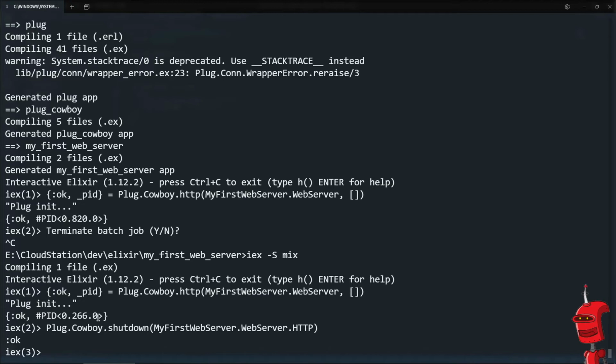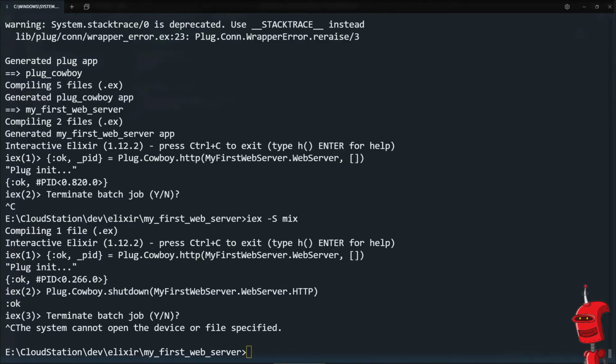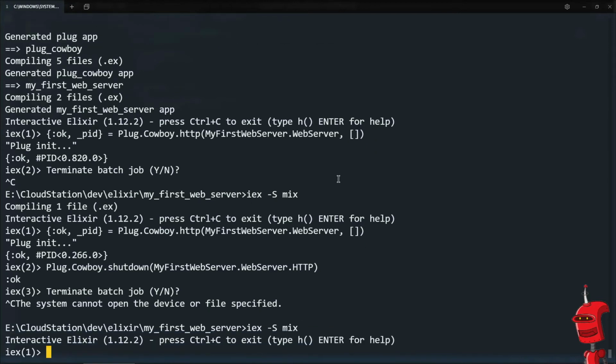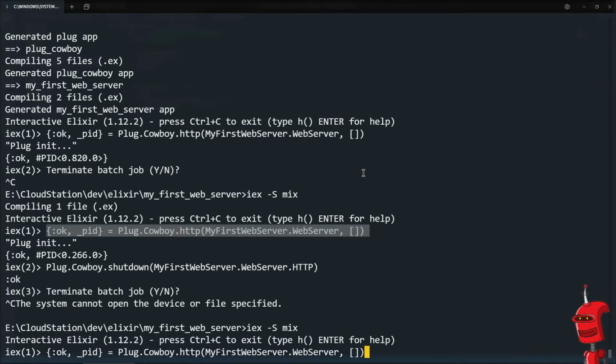But if you do this, you just kill the server basically. You stop the server. So the next thing we want to do is probably make sure that our web server is resilient, right? We want to make sure that it cannot crash. If we remember from our experiences with the supervision trees, let's say we start our server